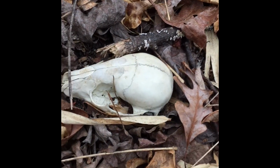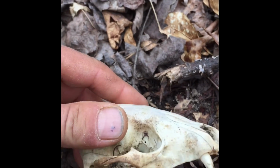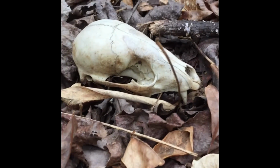Found a little coyote skull here. Leave them right there. I'm going to a spot that I found lots of mushrooms at in the past. They tend to come up there a little bit early. Like I said, everything has to happen just right for the morel to grow. So when you got an area,